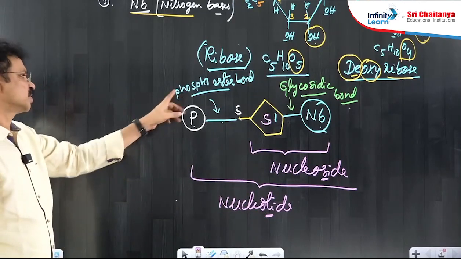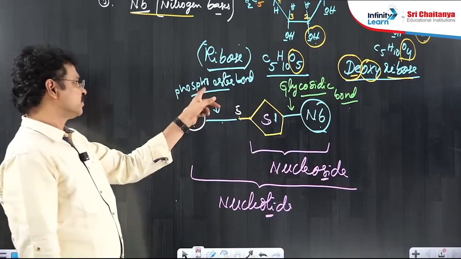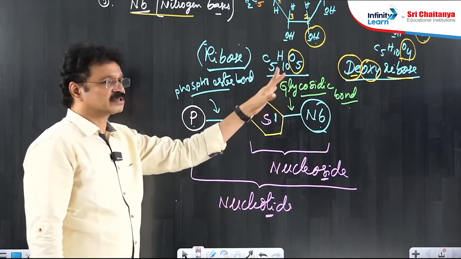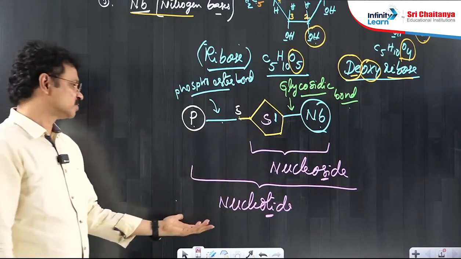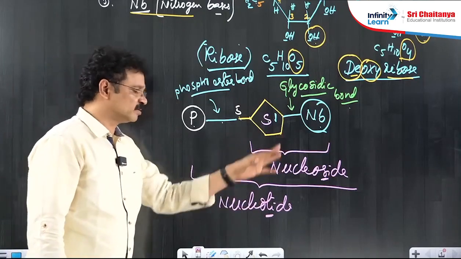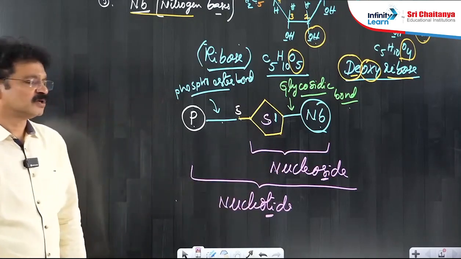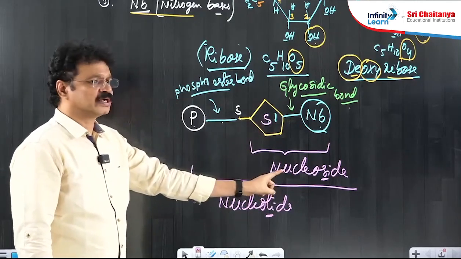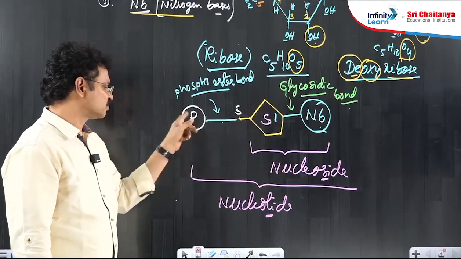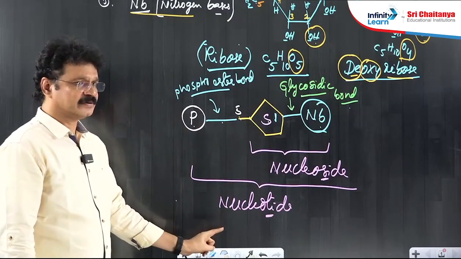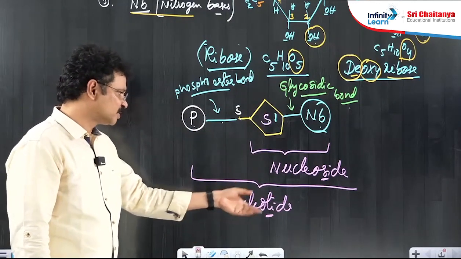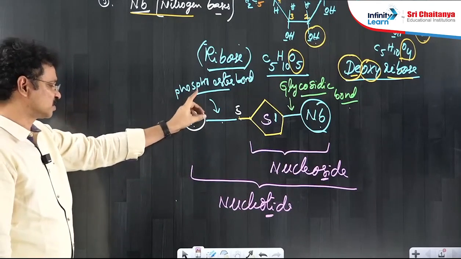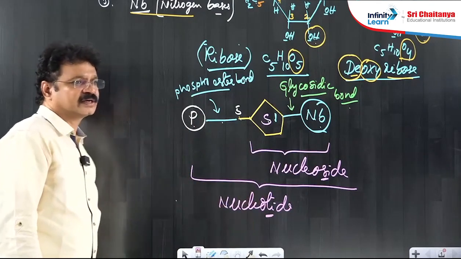Yes, phosphoester bond. Glycosidic and phosphoester bonds are found in nucleotide only, whereas in nucleoside only the glycosidic bond is there. So it is the reason to say nucleotide is bigger than nucleoside. Once again, I will give the definition. Base plus sugar is nucleoside. Base plus sugar plus phosphate is nucleotide. Or another meaning for the nucleotide is nucleoside plus phosphate with phosphoester bonds is a nucleotide.